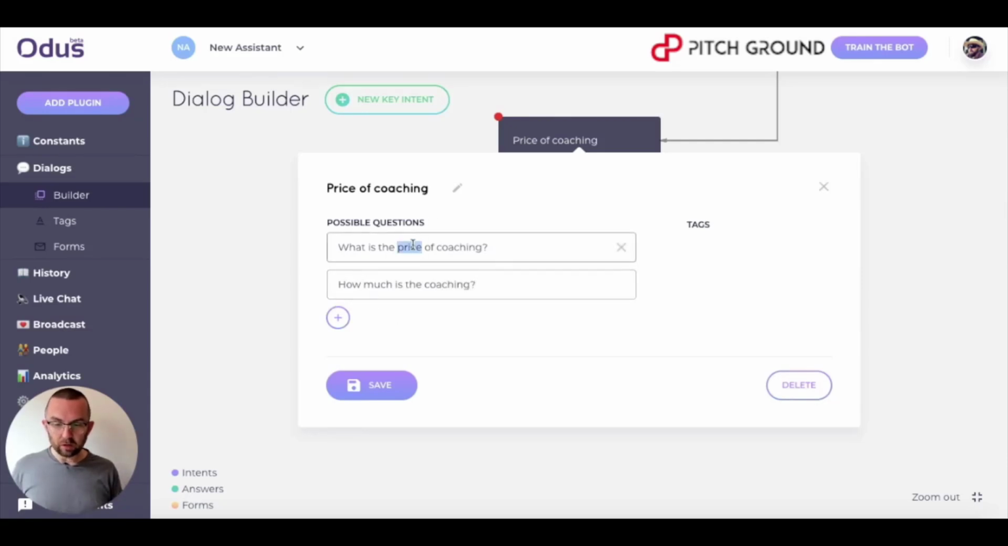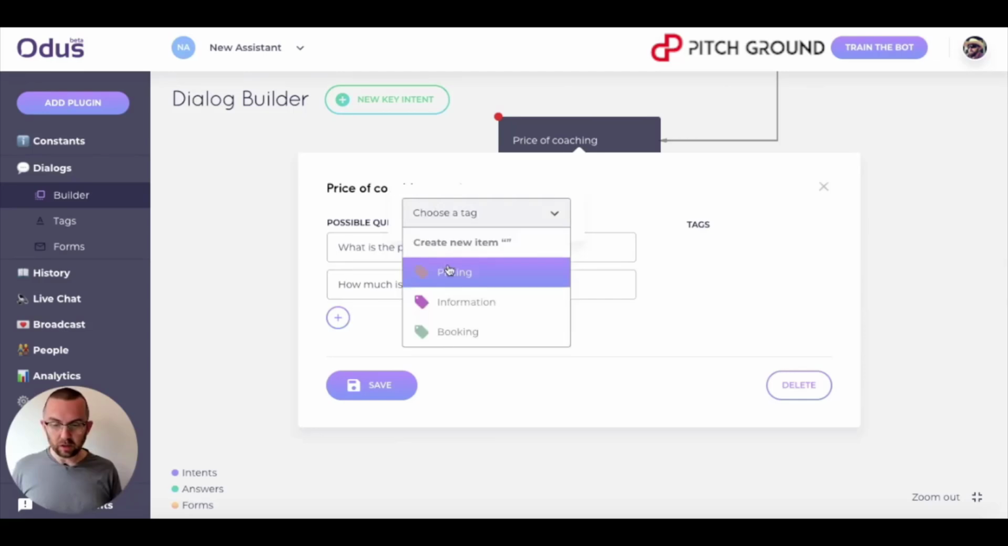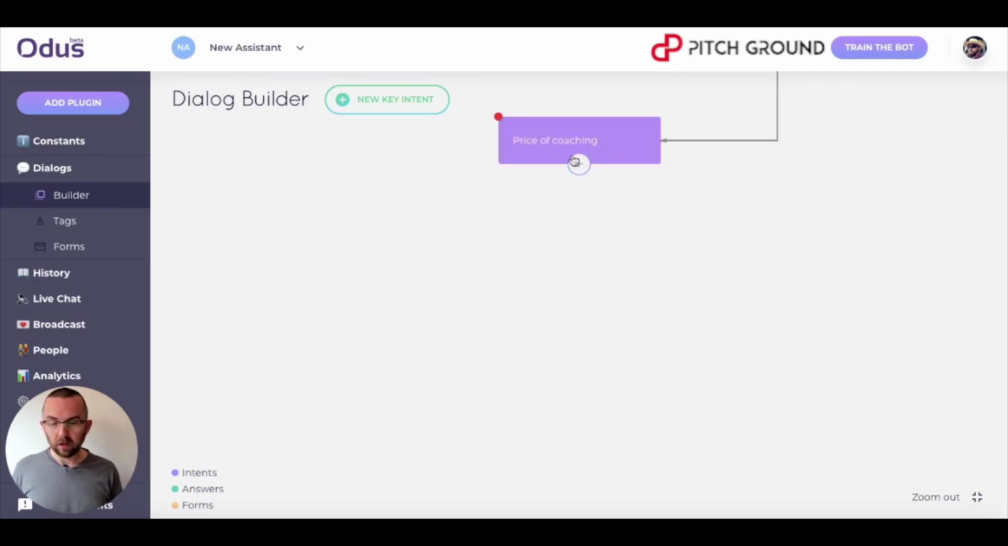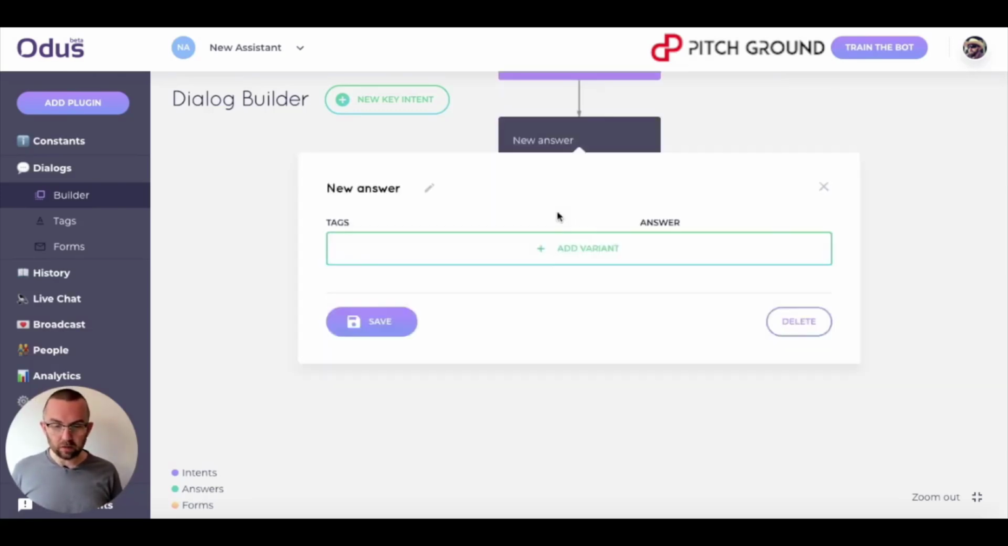Now, what I'm going to do is I'm going to highlight the word price. I'm going to choose a tag, and I'm going to say pricing. And for how much, I'm also going to choose pricing, and I'm going to save that. Now, what do I want here? I want an answer to this. So the answer is going to be